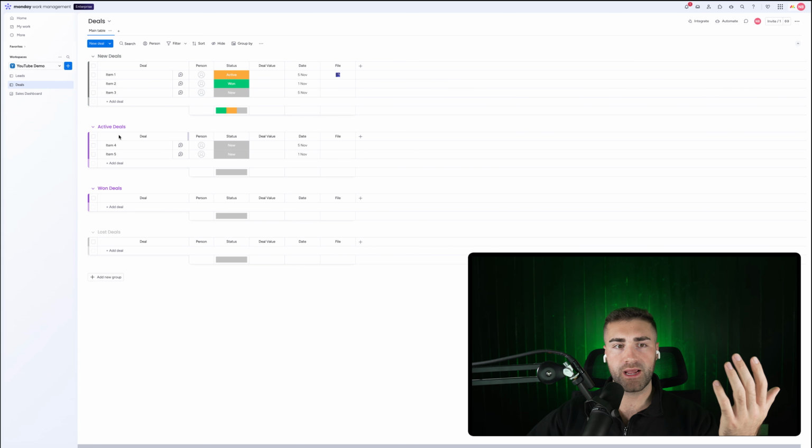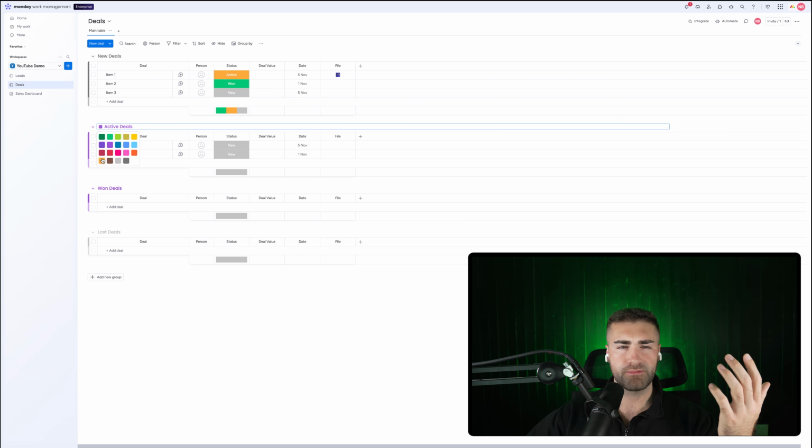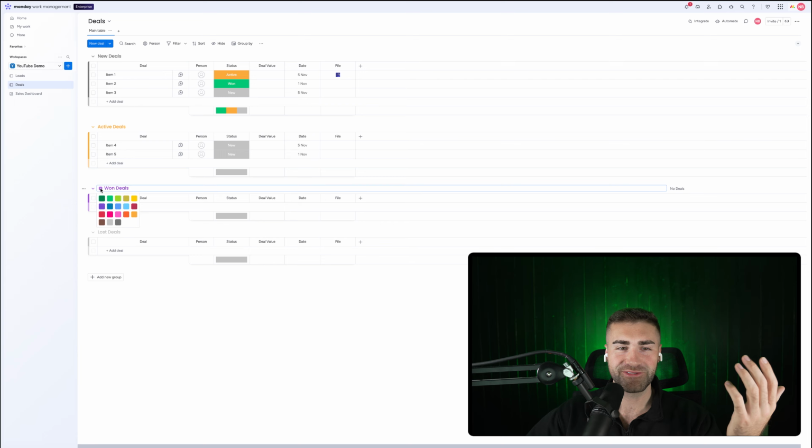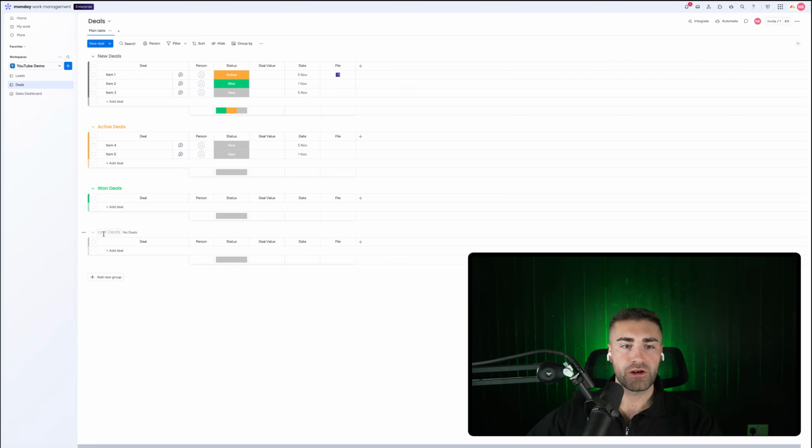So we've got grey, active can be in the yellow color. I think that's the yellow color. Yeah, that looks similar enough. And then green, won, lost is red. Okay. So what I would then do